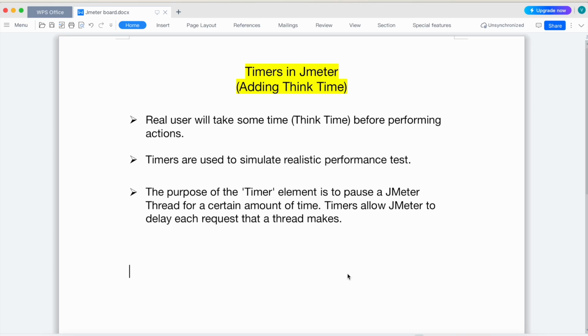Hello, welcome. In this lecture, let us discuss timers in JMeter. Timers are used for adding a think time to the request, because a real user will take some time, that is called think time, before performing an action. For example, let us say you are visiting a bus booking website, then you will take some time to think and key in the values in those fields and then submit the search request, and that time is called think